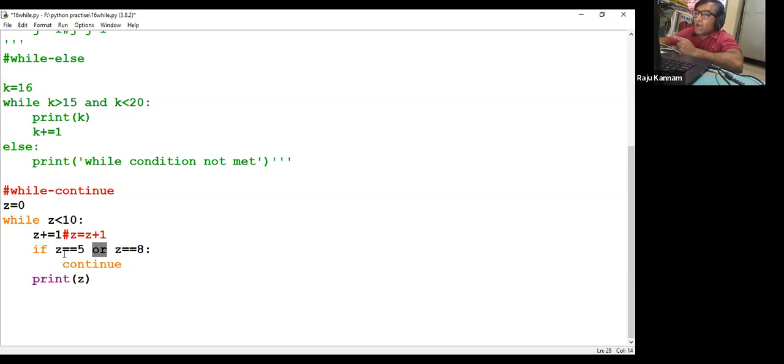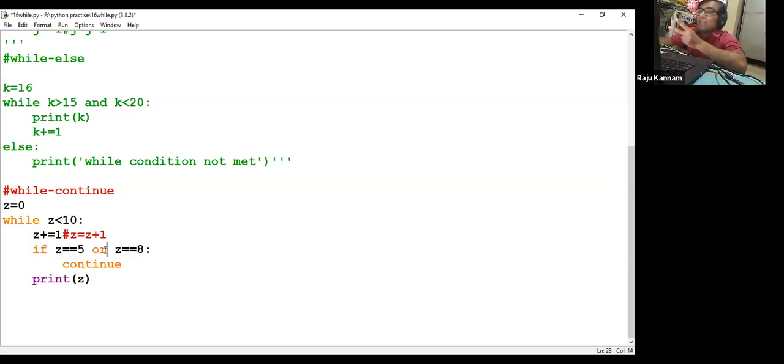It will do the OR operation between the two conditions. If any of the conditions is true, then the entire if condition will be true. Why are we writing it? I don't want to print 5 and I don't want to print 8. If 5 comes, I should not print. If 8 comes also, I should not print. That's the reason I'm writing OR here.